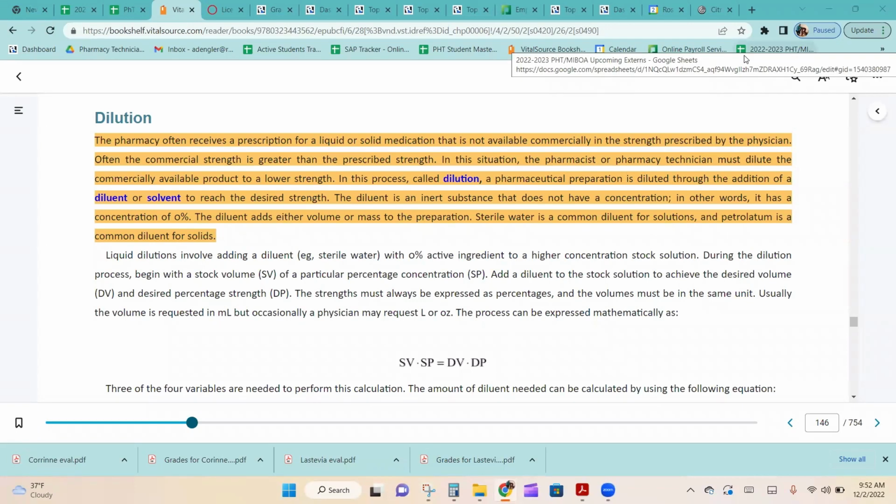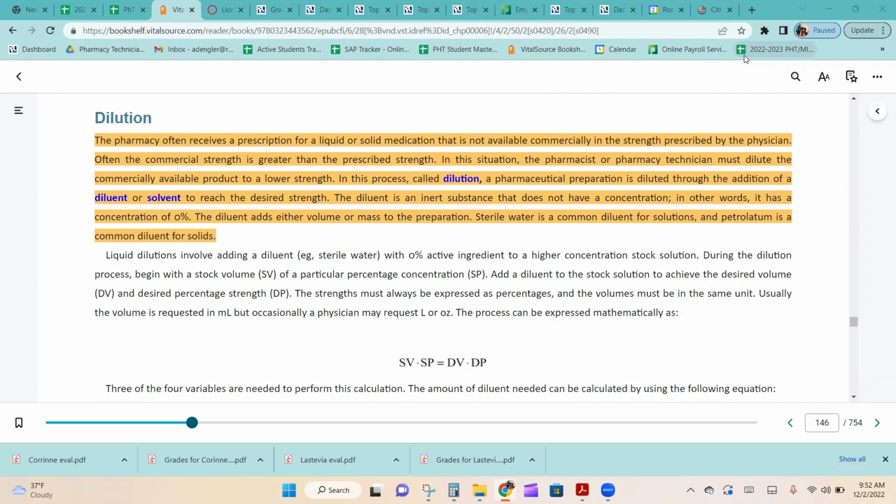The pharmacy often receives a prescription for a liquid or solid medication that is not available commercially in the strength prescribed by the physician. Often the commercial strength is greater than the prescribed strength. In this situation, the pharmacist or pharmacy technician must dilute the commercially available product to a lower strength. In this process, called dilution, a pharmaceutical preparation is diluted through the addition of a diluent or solvent to reach